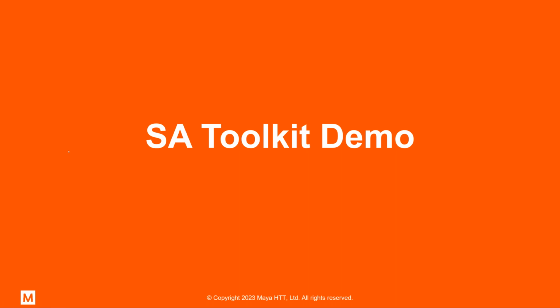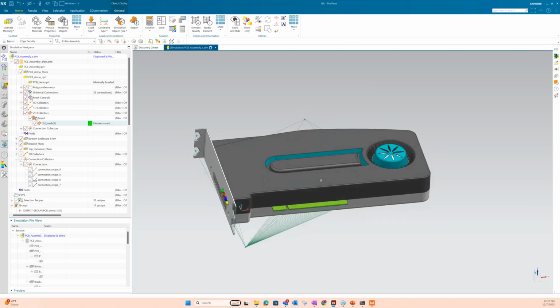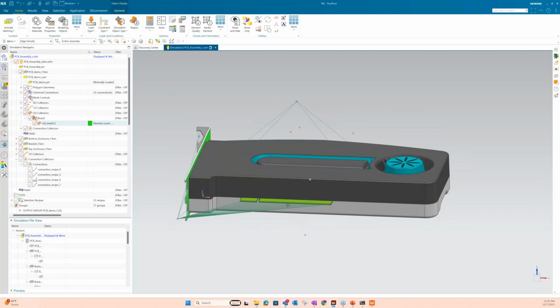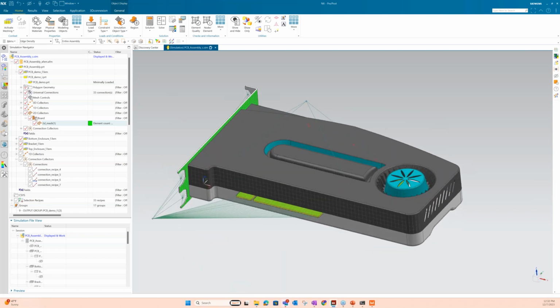And let me go ahead and open up my model. So today we wanted to talk about PCBs. I know I was showing a spacecraft, and there's often electronics boards in there. This obviously isn't a spacecraft PCB. This is just a simple dummy graphics card model that we put together. One thing I'd actually like to point out here